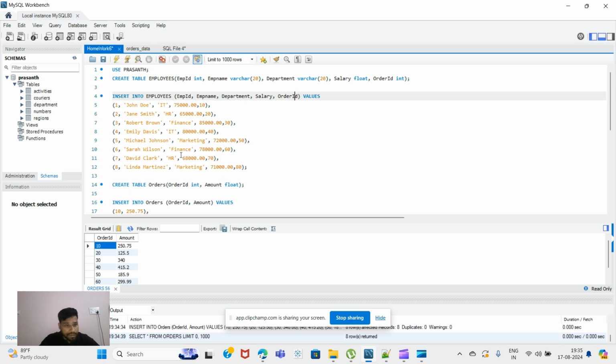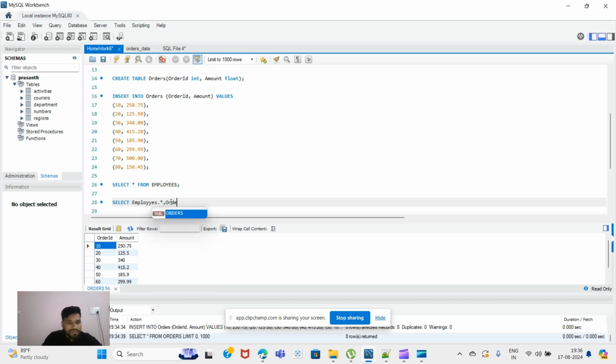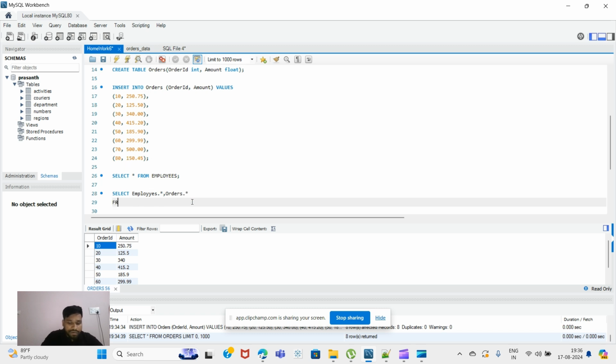So to get the information from both these tables, I will have to join these tables based on the common column. What I will do is select employees dot star. Whenever I write employees dot star, it basically indicates I want all the fields coming from the employees table. Now, comma, and I also want all the fields from the orders table. So I will write employees dot asterisk comma orders dot asterisk from employees,